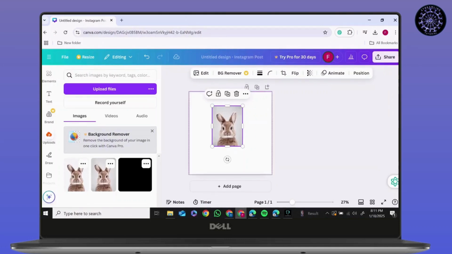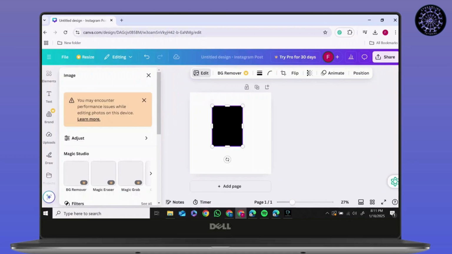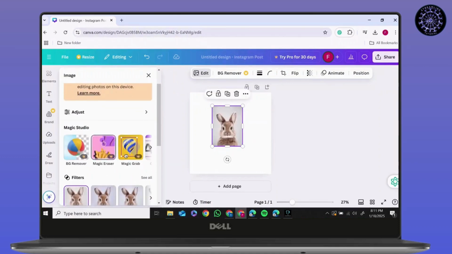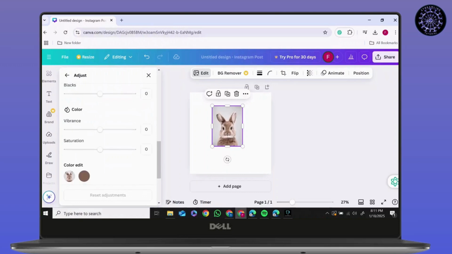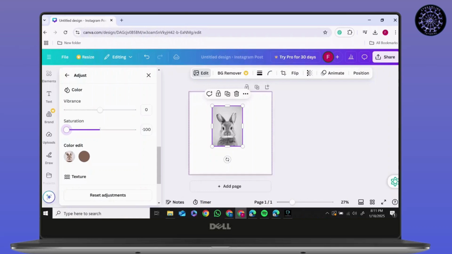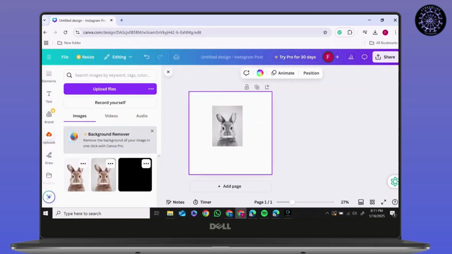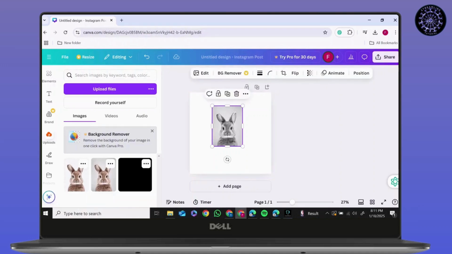First, open Canva and click on Upload and upload the image you want. Click on the image and you'll find Edit option on top. Then click on Adjust. Scroll all the way down in Adjust and decrease saturation to -100. As you can see, the image has been black and white, or you can simply click on Image and go